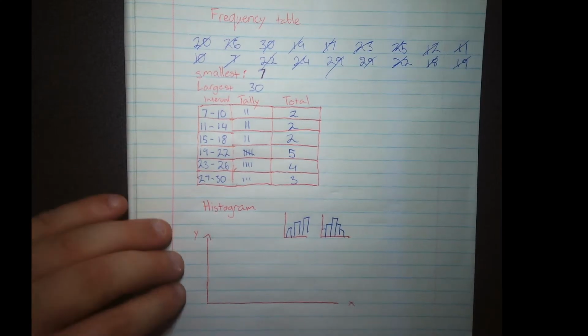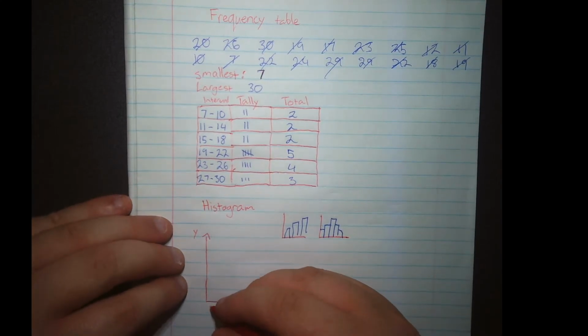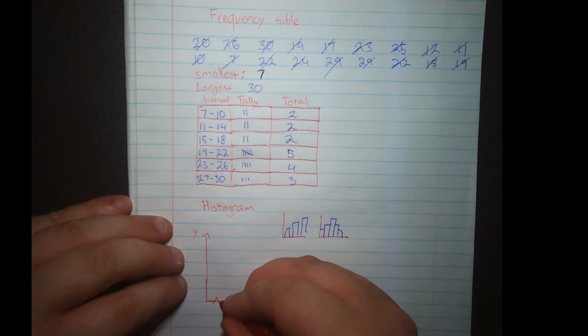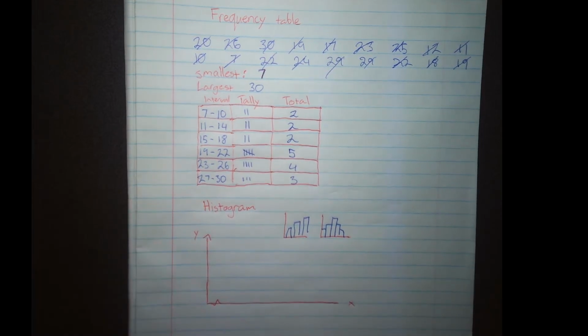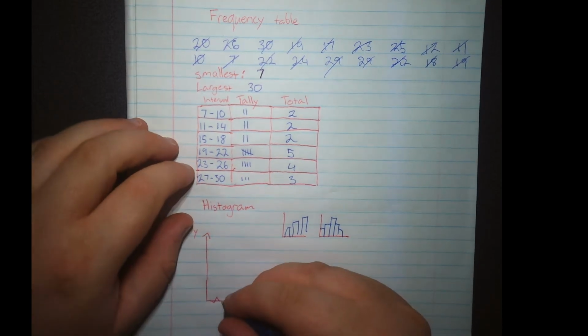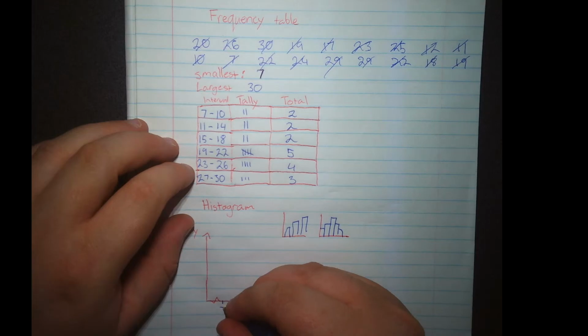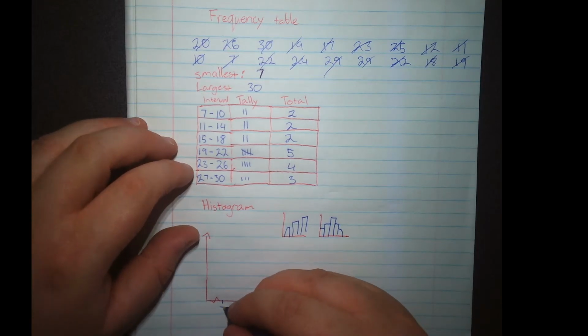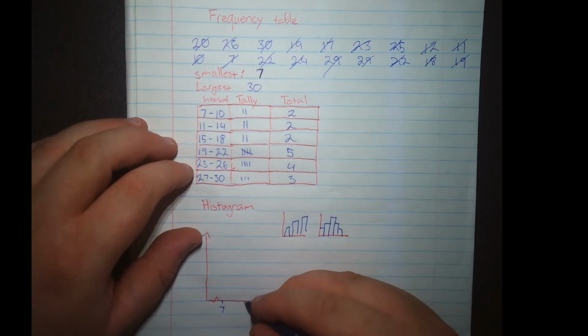We have at the bottom our intervals. Usually you'll start off at 0, but I'm just going to put in this squiggly line here. That means that there are values below this, but there are no data points below it. I'm just starting the number line a bit further along to avoid wasting space. So I'm going to start here at 7. I probably should have started, it doesn't matter. I'll start at 7, all right? So we've got 7 to